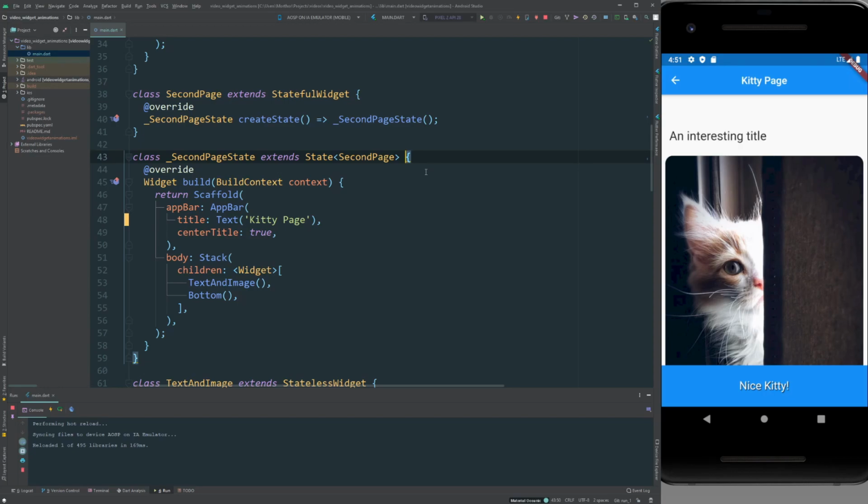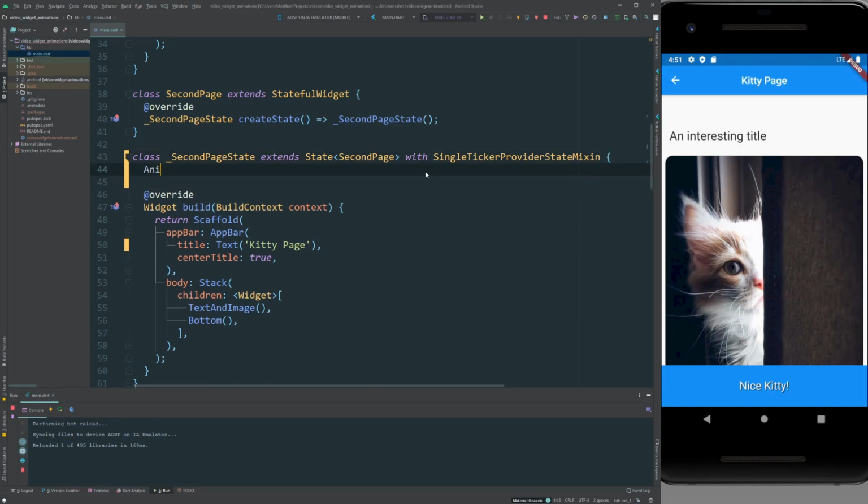The ticker provider is what allows us to sync the frames per second going through the Flutter application with the animations we want to do, so that in each frame the animation changes and we actually see the animation going through. Because we're only going to use one animation controller, we're going to use a single ticker provider to save memory and processing power. We don't need more than one. If we did, we'd just use the normal TickerProviderStateMixin, but this is all we need at this moment. So I'm going to create here our animation controller,